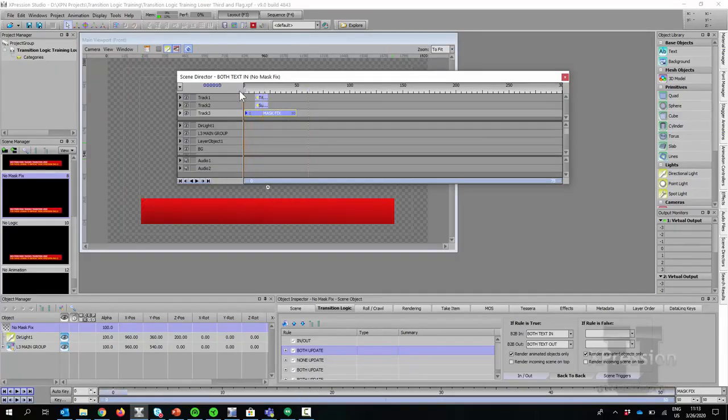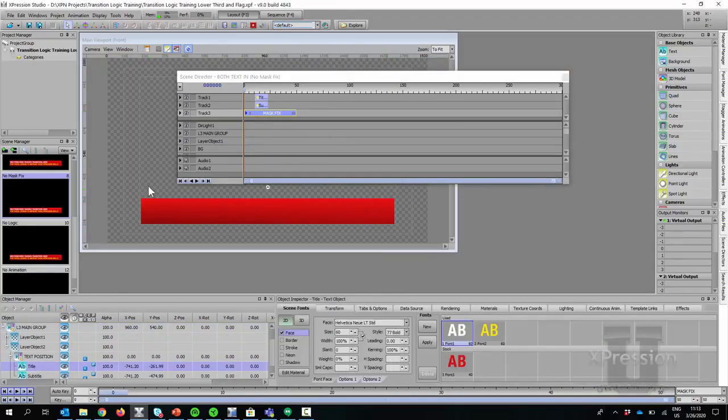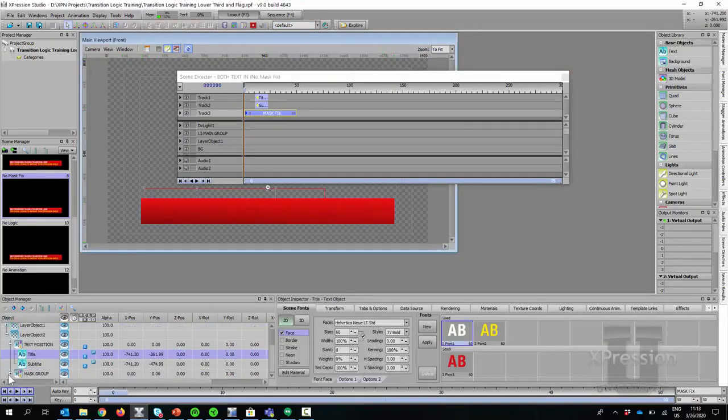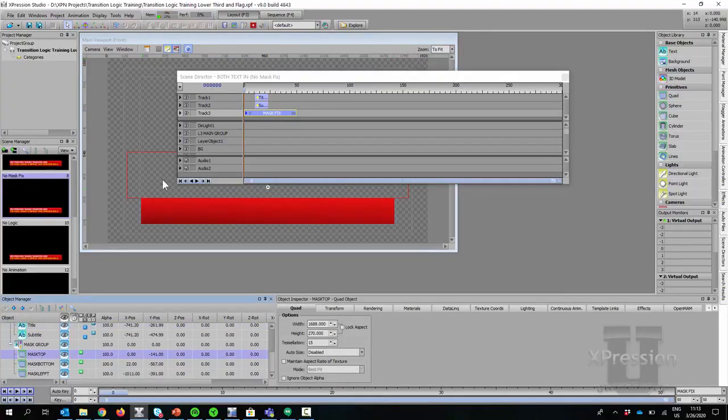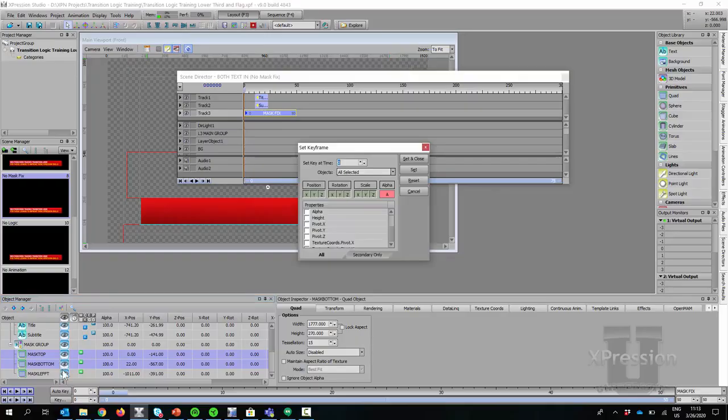I'm going to go to the first frame of this. I'm going to find my masks, which I know are somewhere here. There's a group called mask group. You've got your mask top, that's this one, and your mask bottom, that's this one. If you click your first one and control click the second one, and press control K, or you can press the key button down here,